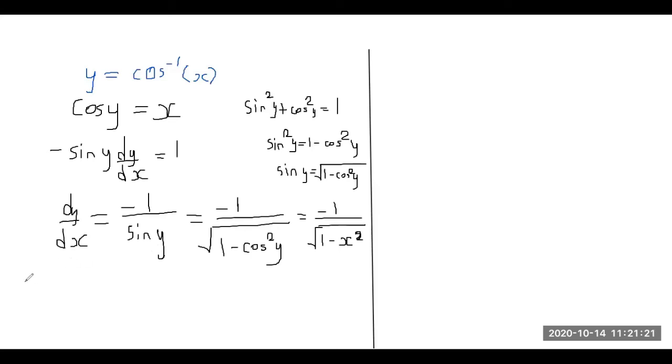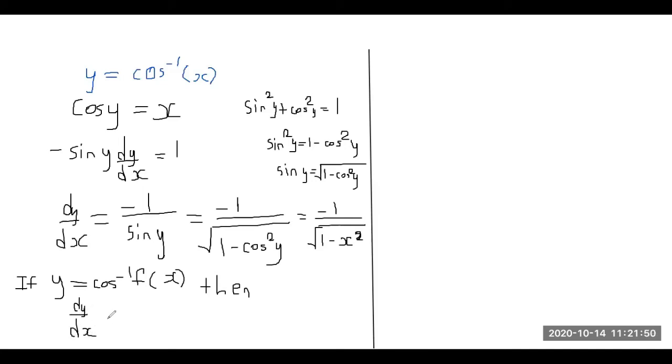So the general rule is, this is kind of an intuitive proof of how they get the results. If y is equal to cosine inverse of a function of x, then dy by dx